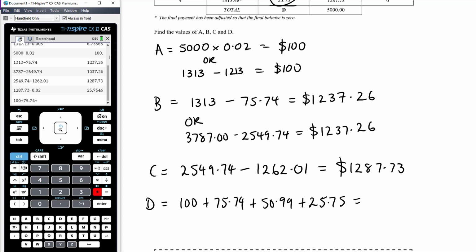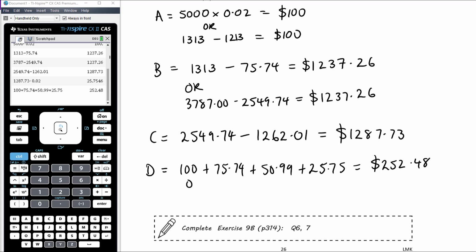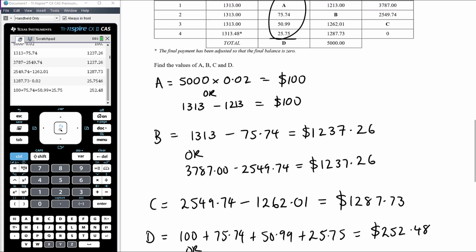$75.74 plus $50.99 plus $25.75. So total interest is $252.48. As I said, you could also do it as total payments minus the principal, which would be,